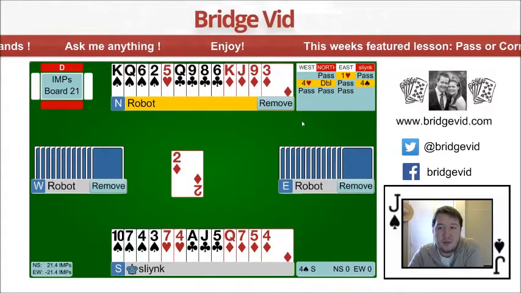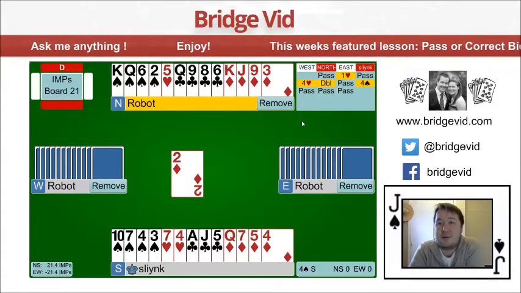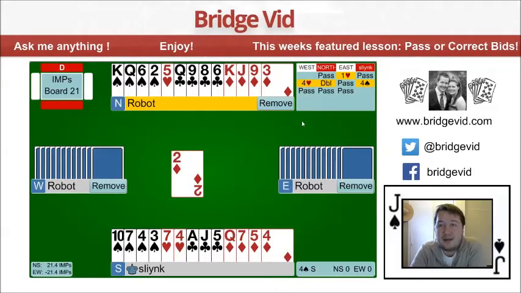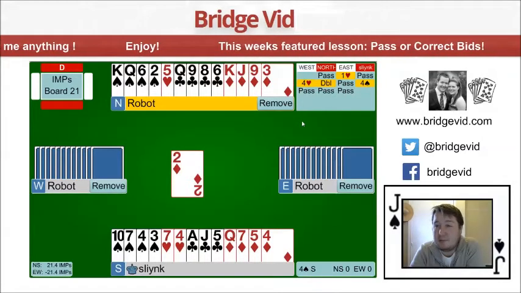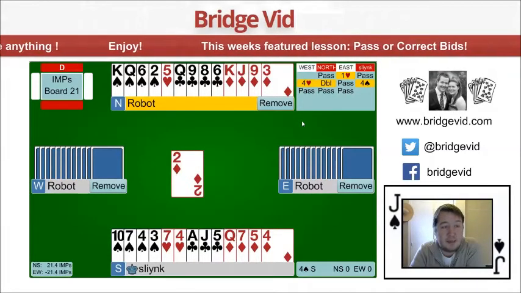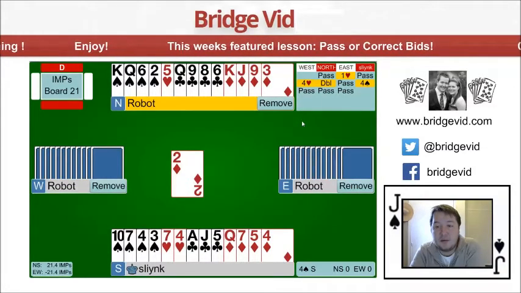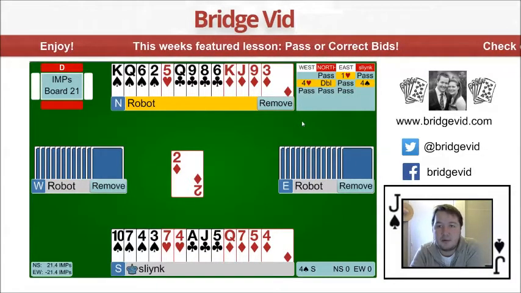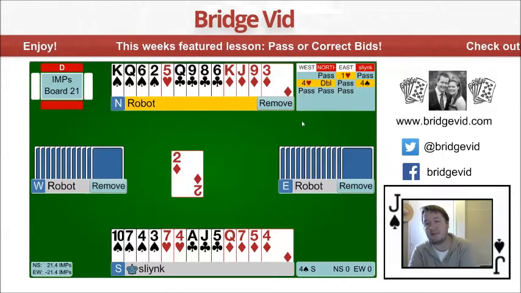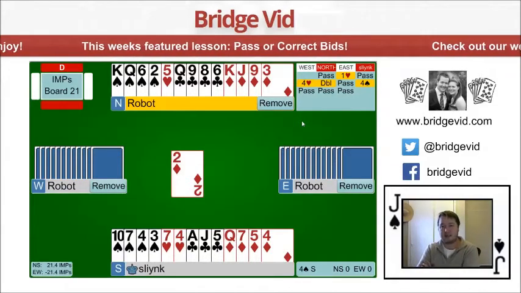What do we know from the lead? Okay, so they led the 2 of diamonds, so that looks a lot like it could be a singleton diamond, or otherwise possibly 3 small diamonds or something like that. We know that East has the ace of diamonds, because with ace 10, well, you don't underlead aces against suit contracts. So East will have the ace of diamonds. Really looks like West has a singleton